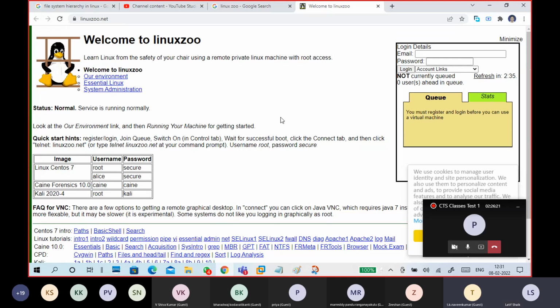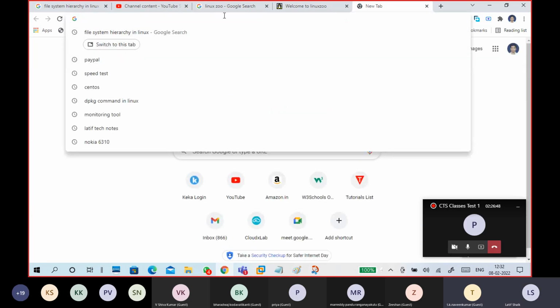So you can create an account and log in with it. This CentOS, this is a root account. This is the username, this is your password. Then you can log in. First of all, you have to log into the main machine, into the Linux Zoo. Then you can do it. So the second one is